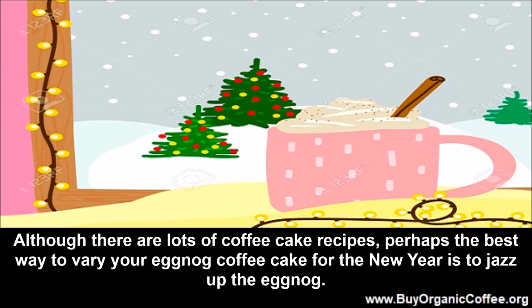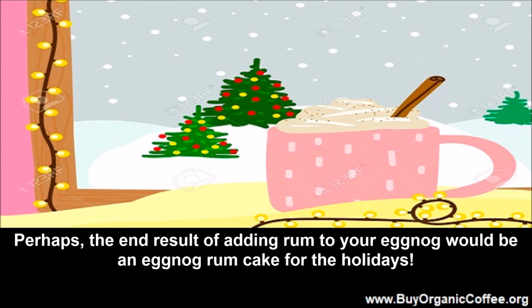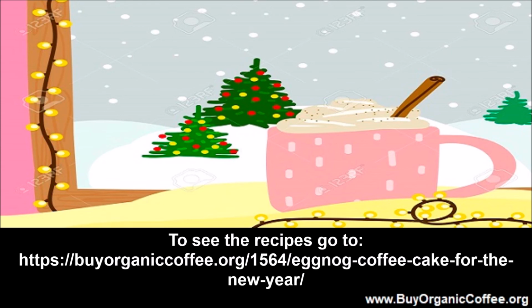Jazz up your eggnog coffee cake for the New Year. Although there are lots of coffee cake recipes, perhaps the best way to vary your eggnog coffee cake for the New Year is to jazz up the eggnog. Going back to George Washington, people were putting rum and lots of other spirits in their eggnog. Perhaps the end result of adding rum to your eggnog would be an eggnog rum cake for the holidays. To see the recipes, go to